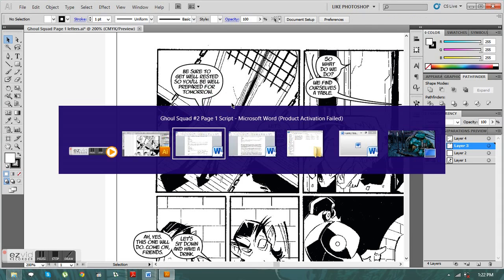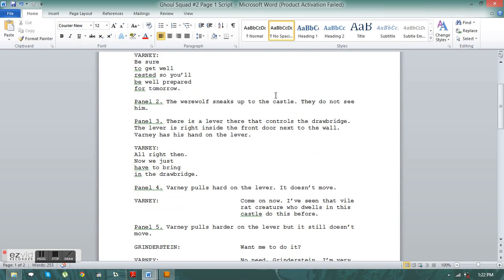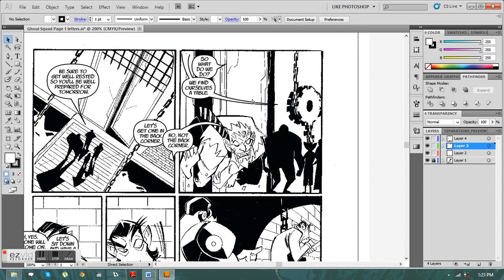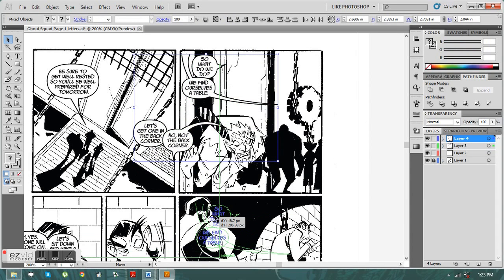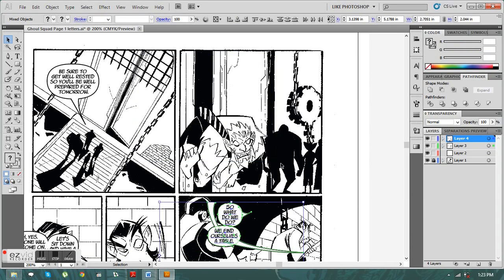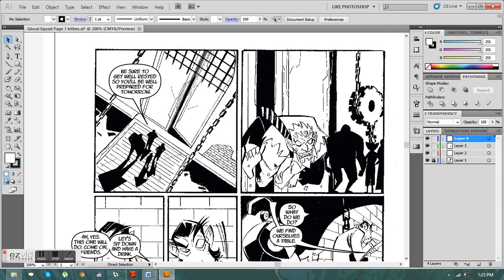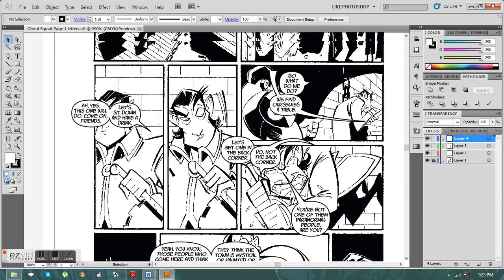So next panel, no dialogue. So I won't delete all this stuff. I'll just move it down because I might want to use one of the bubbles or something. It looks like it could use a sound effect, but it'll take me too long to think of one, so I'll just do it later. Okay, so